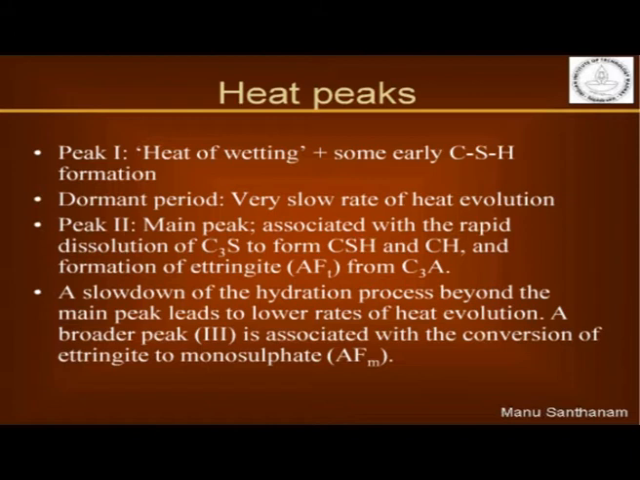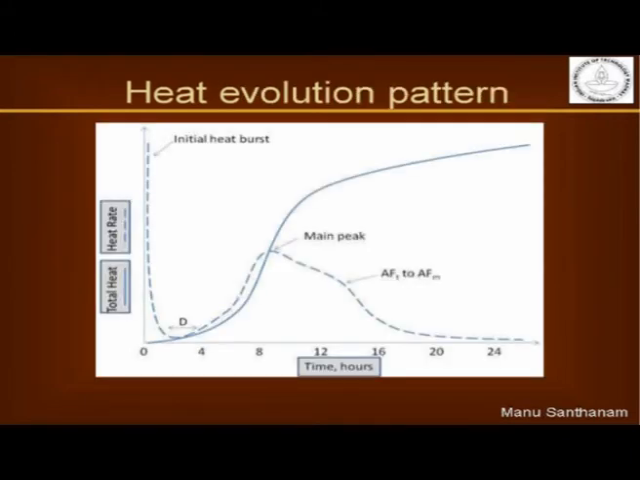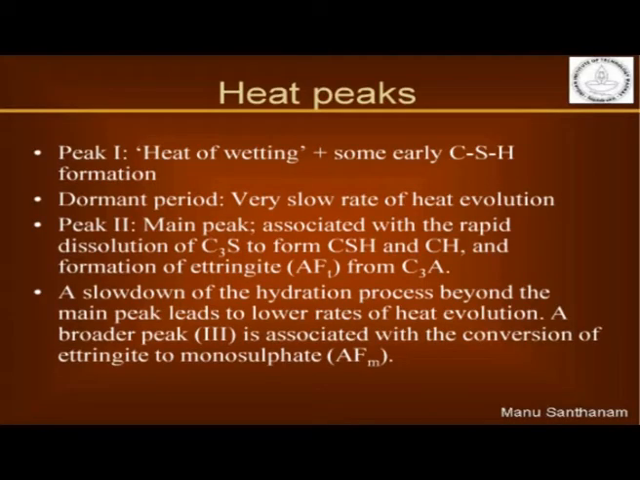Now this peak 2 or main peak, which I showed you in this graph, is basically the peak which is associated with rapid dissolution of C3S to form calcium silicate hydrate and calcium hydroxide. Please remember, in cement chemistry, C is calcium oxide, S is silicon dioxide, and H is water. So when I say CSH, it is some mixture of calcium oxide, silicon dioxide, and water. When I say CH, it is actually calcium hydroxide. So at this main peak, my C3S is rapidly reacting with water to form CSH and calcium hydroxide,